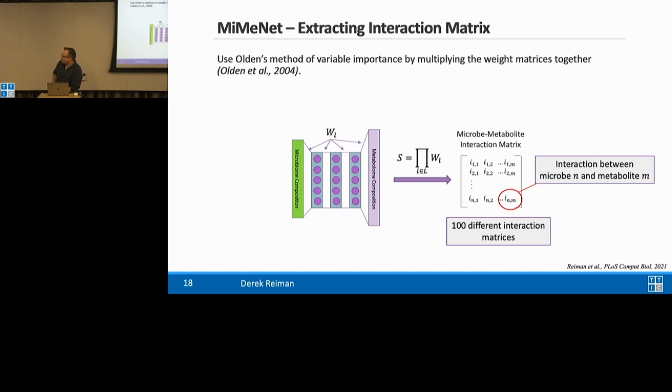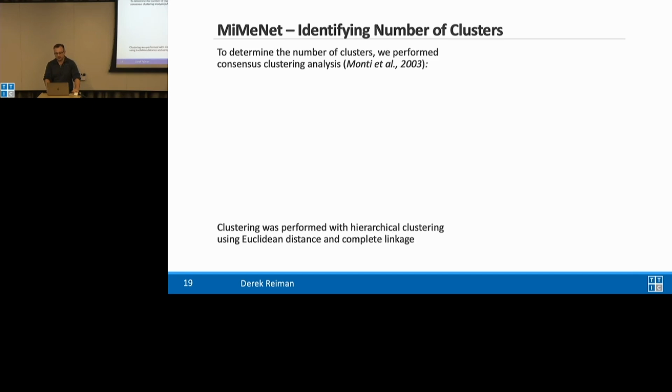This is important for the next step because we have the assumption in microbiome data that groups of microbes affect groups of metabolites in similar ways. So this one-to-one identification doesn't really make sense, and we're going to want to cluster these. We take our interaction matrices, that we have 100 of, and we perform consensus clustering for the microbes